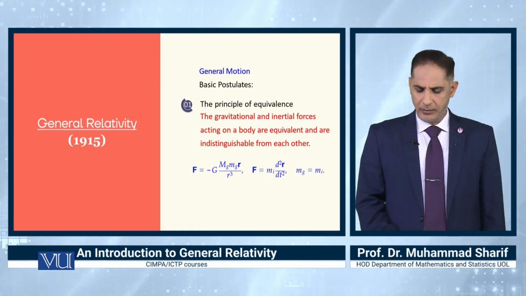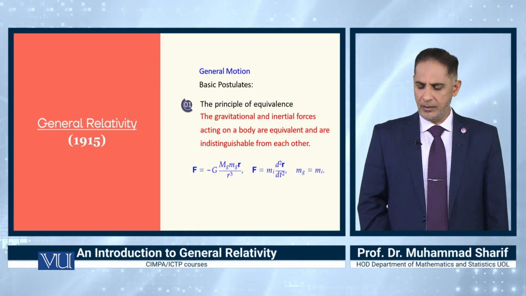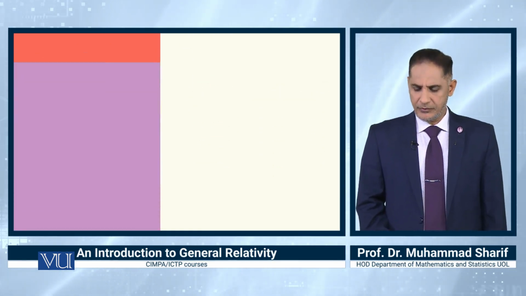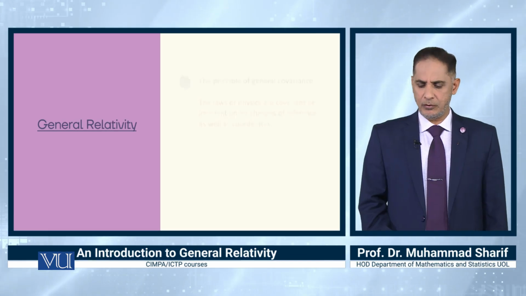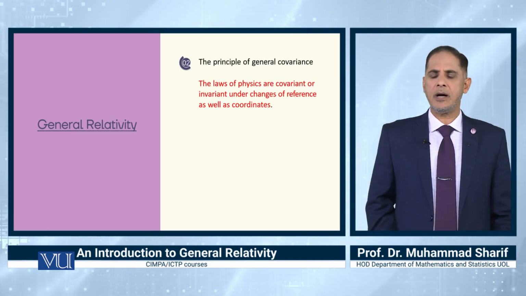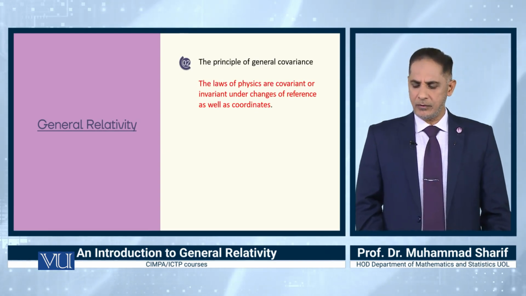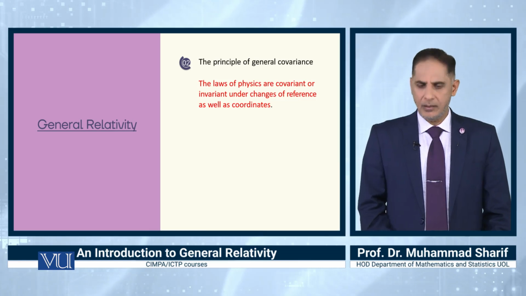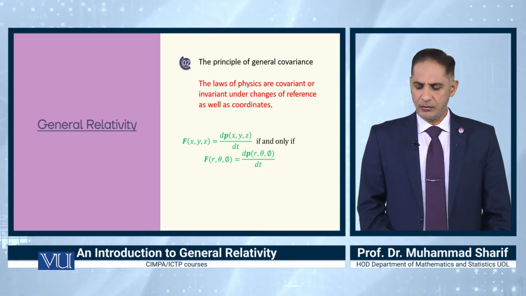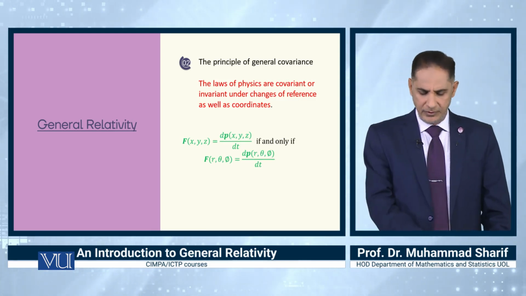Say we have gravitational force and inertial force, and we can have the gravitational and inertial mass. The second postulate is about general covariance. The laws of physics are covariant, or they remain invariant under coordinate transformation, just like we have the tensor quantity. So, on the basis of these two postulates, well, this postulate says